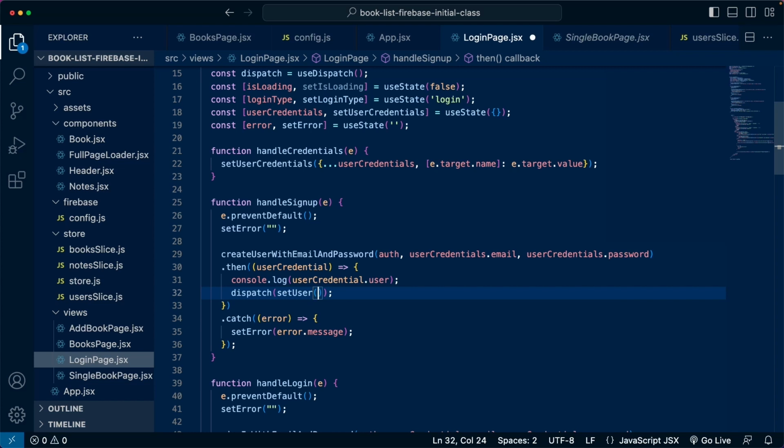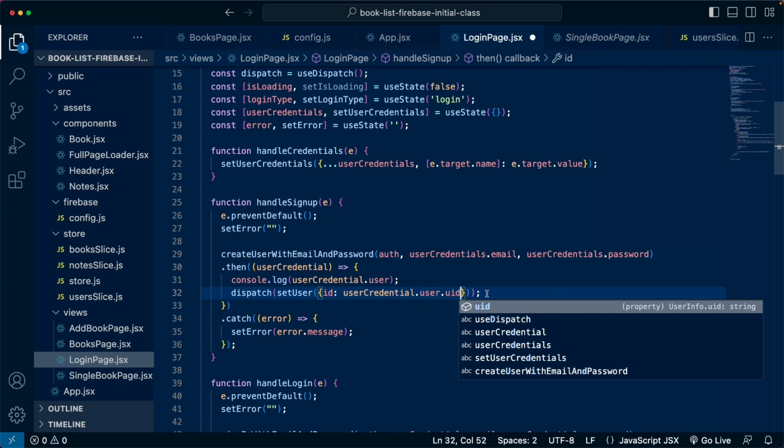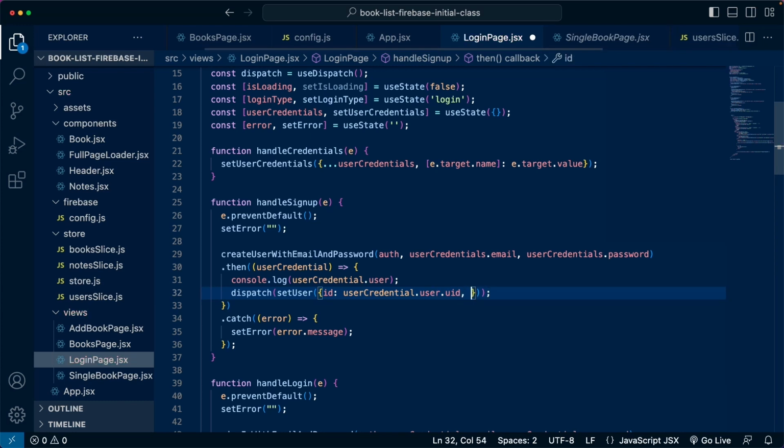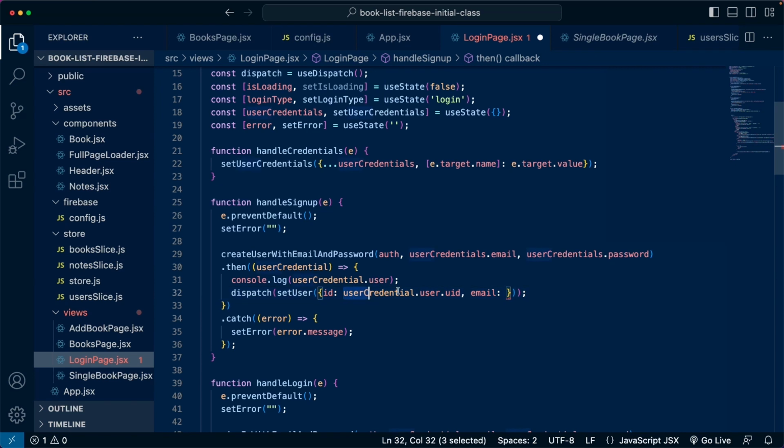And we are going to pass an object with an ID, which is going to come from user credential.user. And let's remember that one of the properties we had was called UID when we log in. This is the ID of the user. And we are also going to create a property called email, so we can store the email of the logged in user. And this is going to be inside